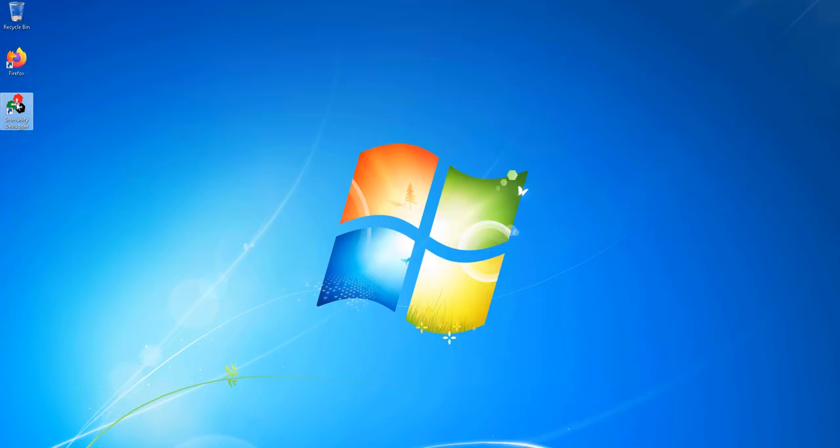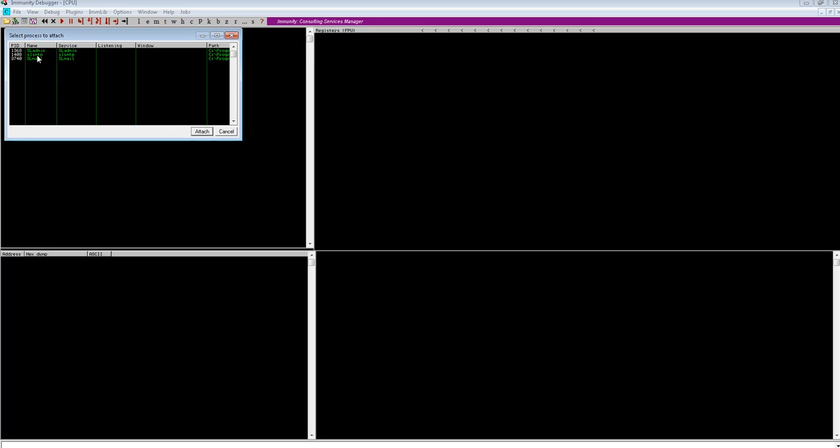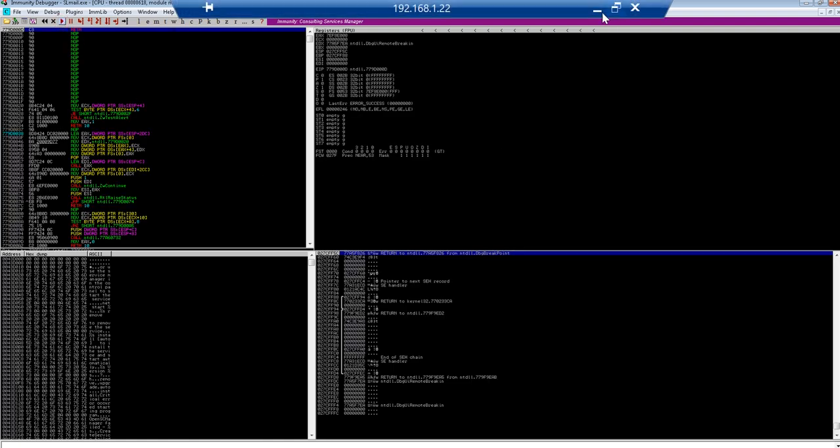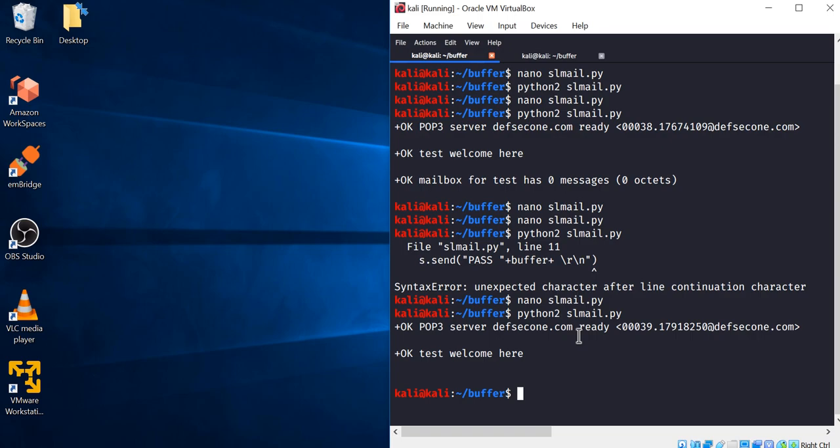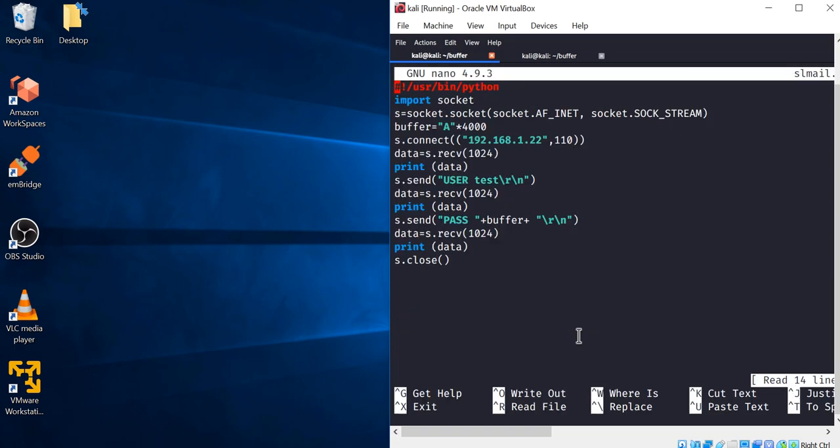Once I've started it, I open my Immunity Debugger as an administrator, attach SLMail, and then click play. Fine. Now I need to find exactly what the buffer size is. To do that, I say nano slmail.py. Instead of a buffer of 4000 A's, I need to find the exact buffer size.